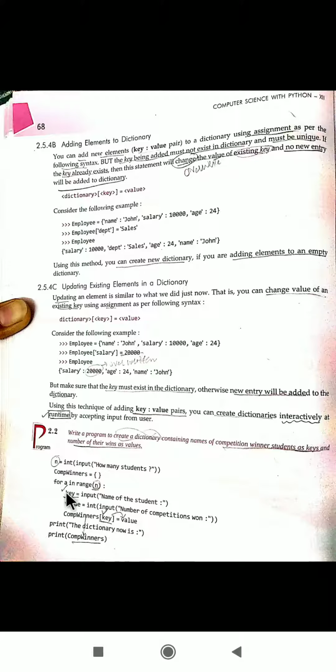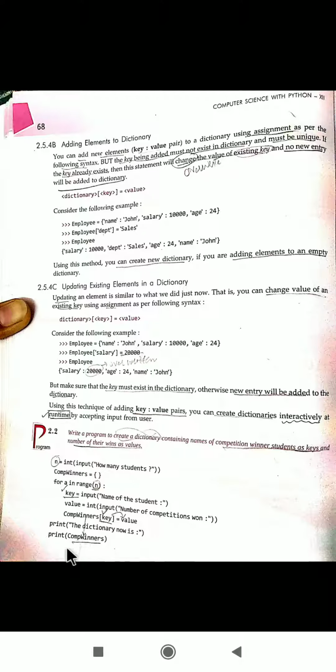So you will enter the key as well as the value, and whatever value you give will be assigned to that particular key. This value will be for this key. Fine, so this was the name of the empty dictionary, comp winners, and whatever key you have given here, this value will be assigned in correspondence to that.